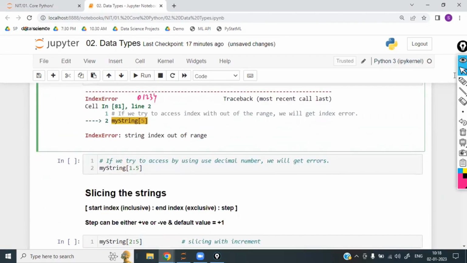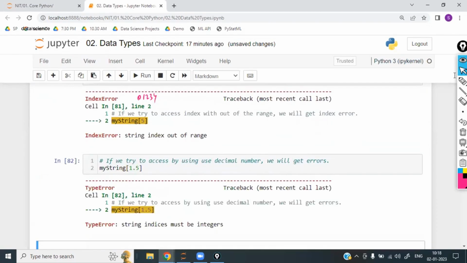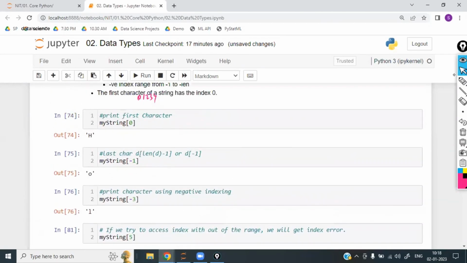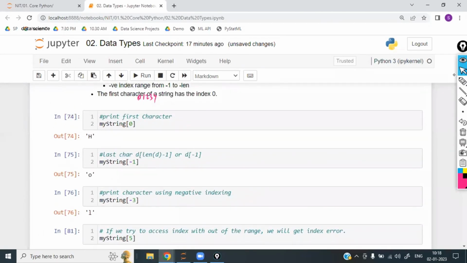Next, my string of 1.5. So again, it is going to throw an error: indexing must be integers only. Whatever the indexes are, they must be integers, not floats. Is that clear? Now, whatever the index numbers we are using in these examples,